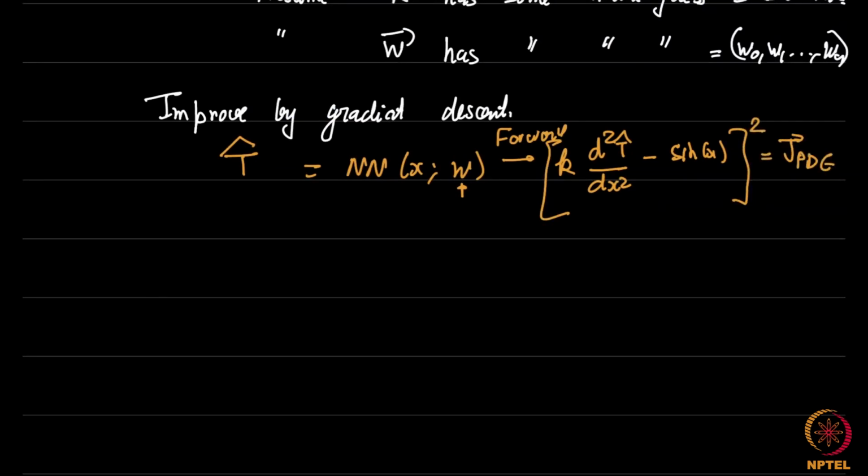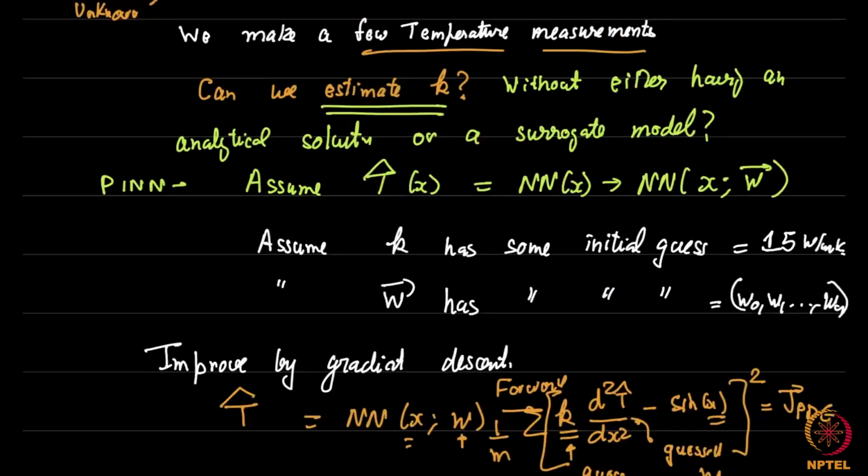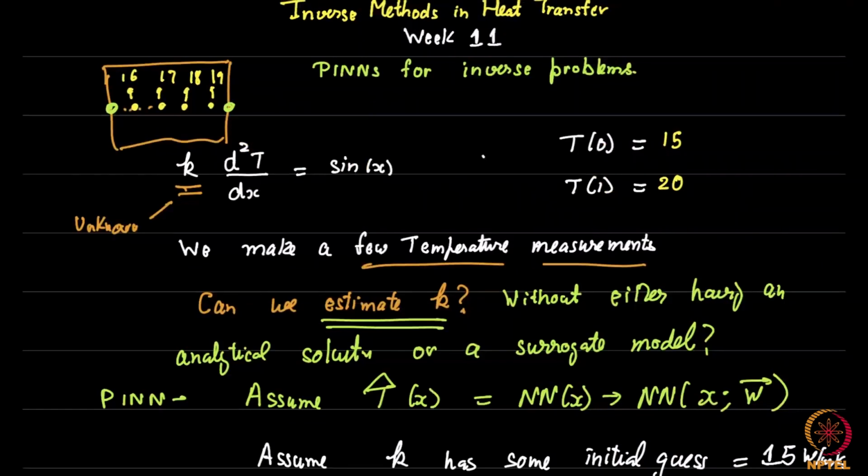Square it, add it for all the points. Okay, 1 by m as usual. Now notice this K is our guessed value of K, and within this d square T dx square lie our guessed values of W. Okay. x is, of course, known because we are guessing at specific x's. Okay. So which x's should we guess at? We guess everywhere in between for PDE loss, but